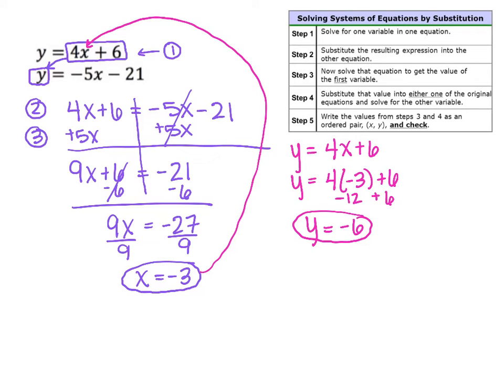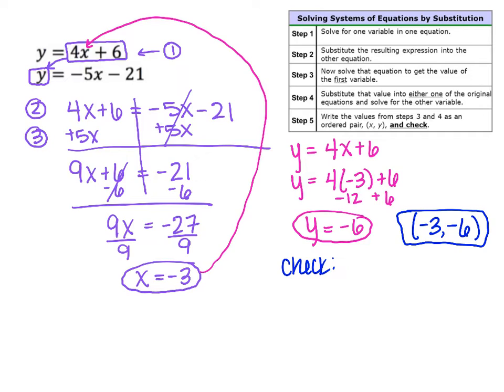And our last step, step 5: write the values from those two steps as an ordered pair. So x first and then y, negative 3 comma negative 6. And then I still need to check my work. So my check,